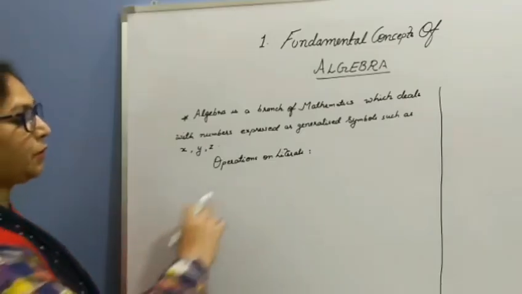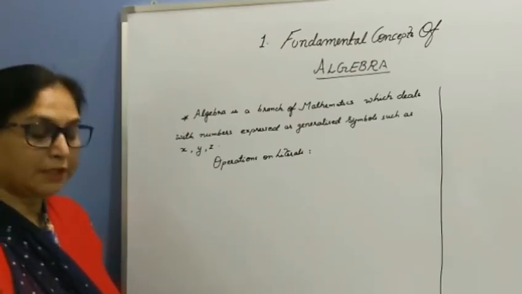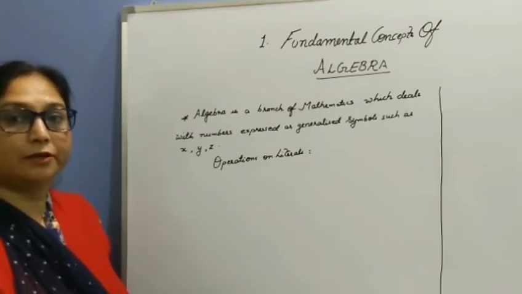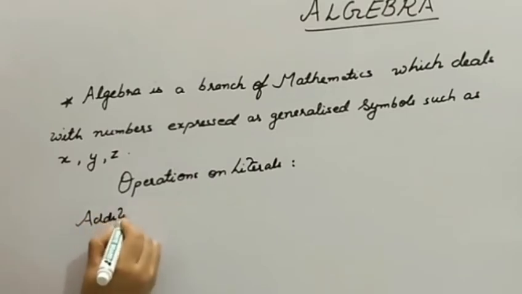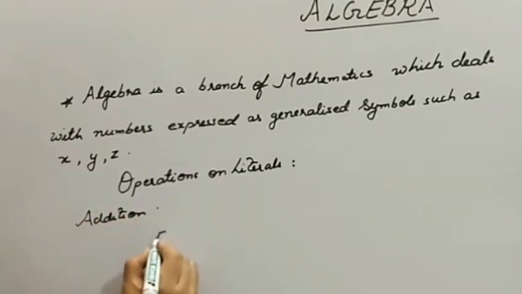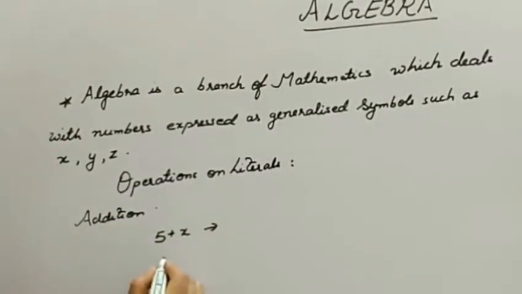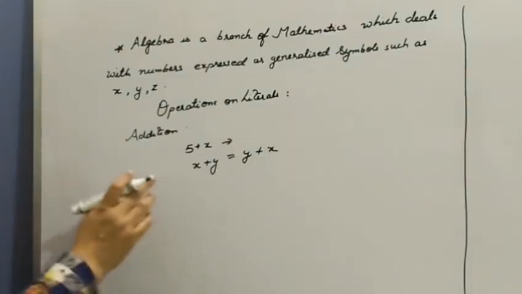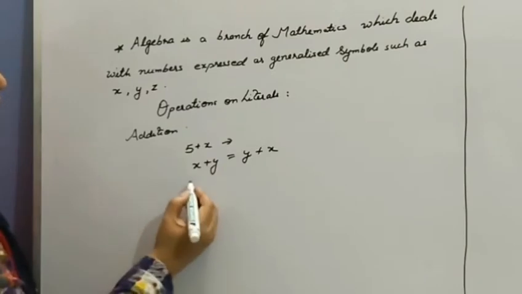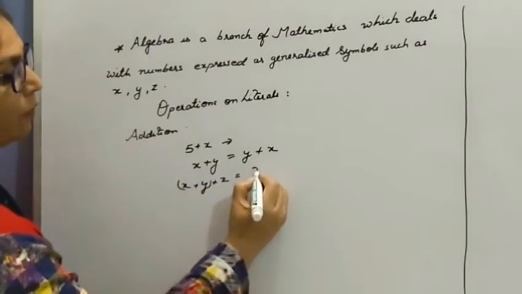Students, our next topic is operation on literals. And do you know all the rules of addition, subtraction, multiplication, division of integers and fraction a literal number hold? For example, if I talk about addition, when a fixed number is added to literal, it remains a literal. Second property, when you add two literals, it follows the commutative law. x plus y equals to y plus x. Third rule, it follows associative property. When you add 3 literals, x plus y plus z, then it follows associative law.